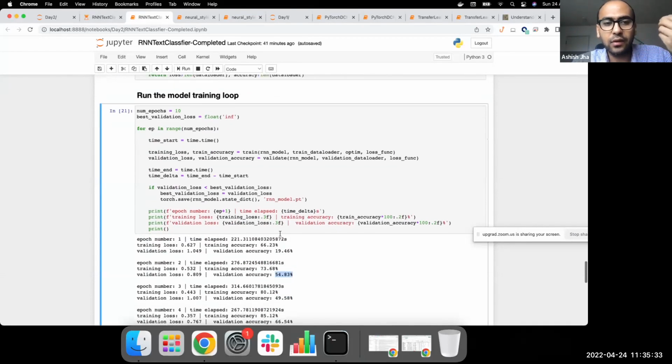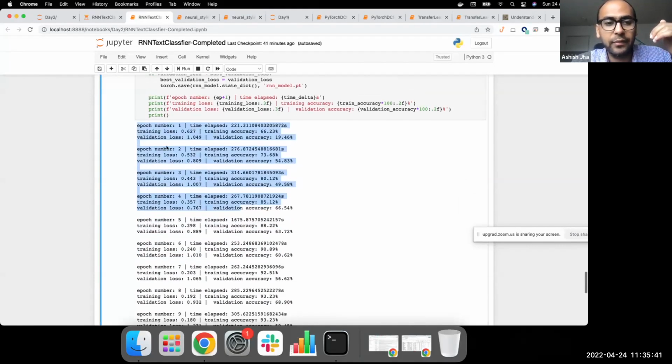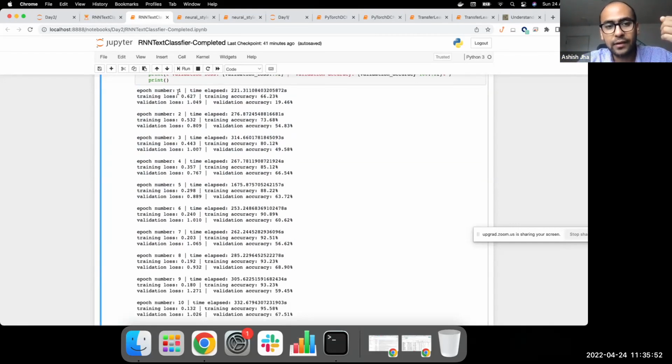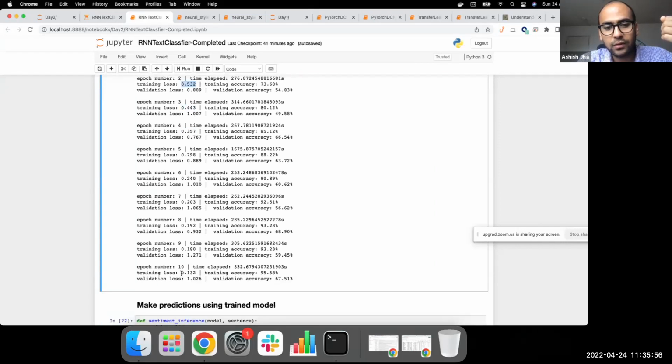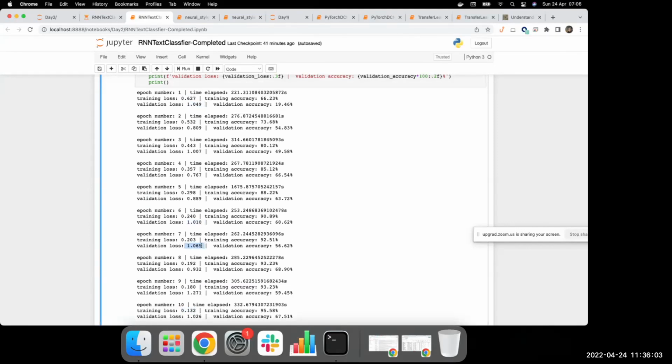So it is a mix of various things. Your starting point to understand how the model is working is your learning curve, which is basically plotting these numbers. If you plot the training and the validation accuracies and the losses together, you will see how your model training is going. In this case, I will repeat, your training loss is going down from 0.6 to 0.132, but the validation loss is more or less fluctuating, which ideally is not a good sign.